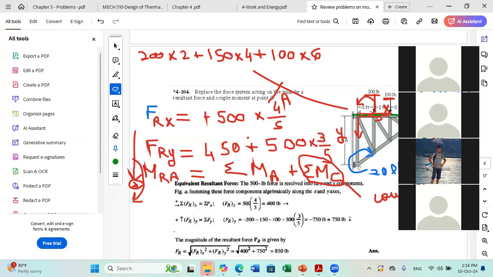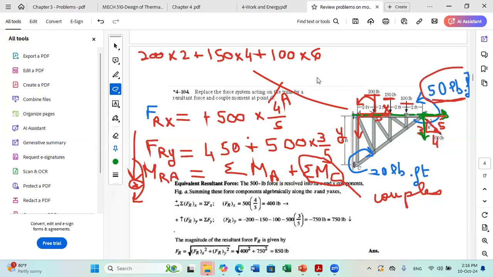Okay. So we were talking about sum of moments about A, and we were discussing the inclined force. For the inclined force, you have two components, the vertical and the horizontal one, as I illustrated in green. The horizontal component is passing by A, so it cannot produce any moment about A. So we just have the moment of the vertical component, and the vertical component is at a distance of 8 feet from A. So we should add plus, since it's clockwise also, so plus 8